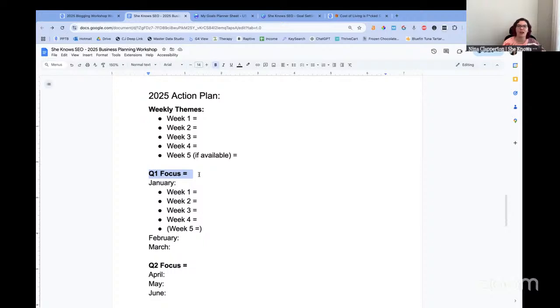For many people, an easier way to think of that is to set a sub goal. So that's where sub goals come in. It could be that your Q1 focus is hitting a certain amount passively per month. It could be that this is the time you're going to focus on a content audit. And then the next one is going to be on scaling the affiliate sales, because Q1 is a really good time to do content audits. RPMs are typically low for many niches. It's a low time.